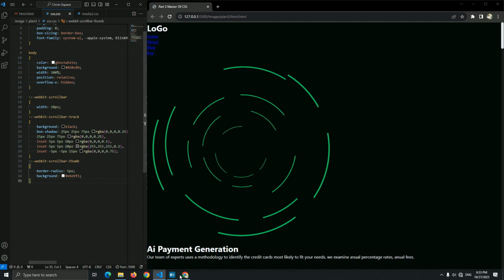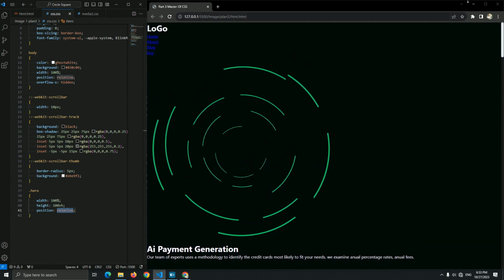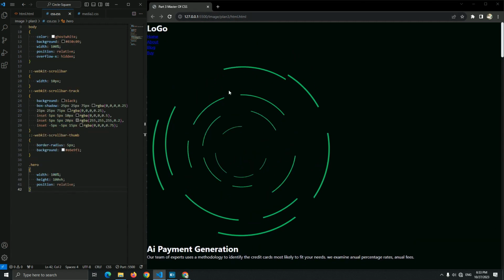And now let's go to the start of this home page, as you can see here, which is a hero page. And let me add the width 100%, height 100vh, position relative. Okay, this is our hero page. As you can see right now, we add the height 100vh for this home page. So now let's go for the header, guys, first, and after that we're going to set a position for this image to be on the top of this.